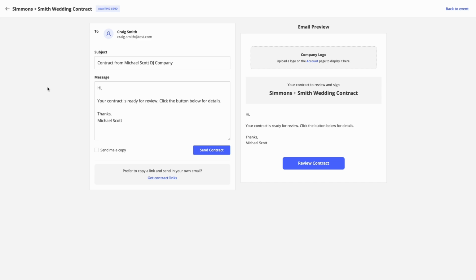So notice that after I signed the contract, the status went from draft to awaiting send. So this means that the employee has signed the contract. All you need to do is send it off to your client for them to sign. Once you send the contract, it'll change to awaiting signature. So on this page, you can modify the subject and the message for the email that's going to be sent. This will update the email preview on the right-hand side so you can see exactly what your client will see